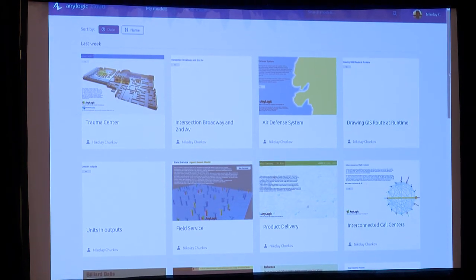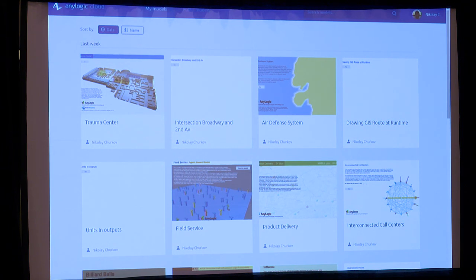And when I switch to my models, this is also a collection, but this collection contains only models. It contains my models, which I have previously created, and it also contains all the models which different model developers and consultants have given access to me. So all these models are accessible when I've logged in. So this is my collection,